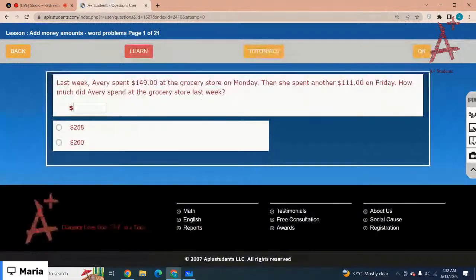Last week, Avery spent $149 at the grocery store on Monday. Then she spent another $111 on Friday. How much did Avery spend at the grocery store last week? So you have to calculate the total amount. You just have to add them. So 149 plus 111 is,